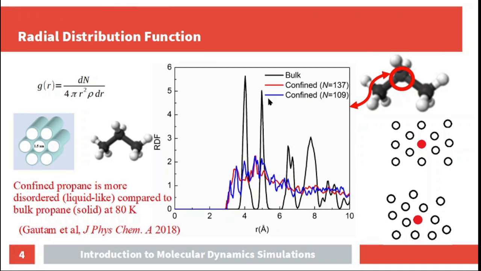You can see here that both the confined state radial distribution functions are quite close to each other. They are not quite different qualitatively, whereas the bulk state is qualitatively different. It has several very sharp peaks separated by nothing in between, whereas the confined state RDF starts here and then is more or less uniform for all the distances. So you can make a mental picture of how these molecules might be arranged. In the case of bulk propane, because you have peaks separated by nothing in between, it can actually